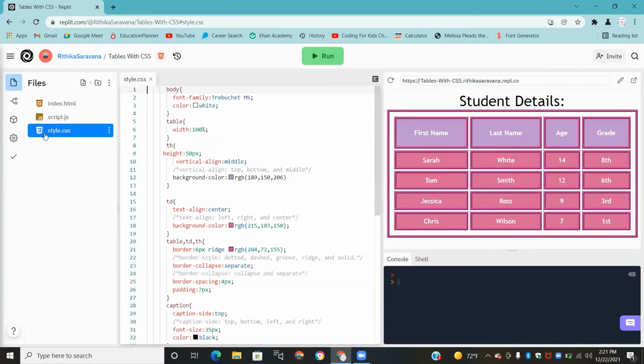And then if you go to the style.css, you can see first for the body, I added a font family, and we also changed the color of all the text except the caption. Then for the table width, it's 100%, and you could also say here border collapse,